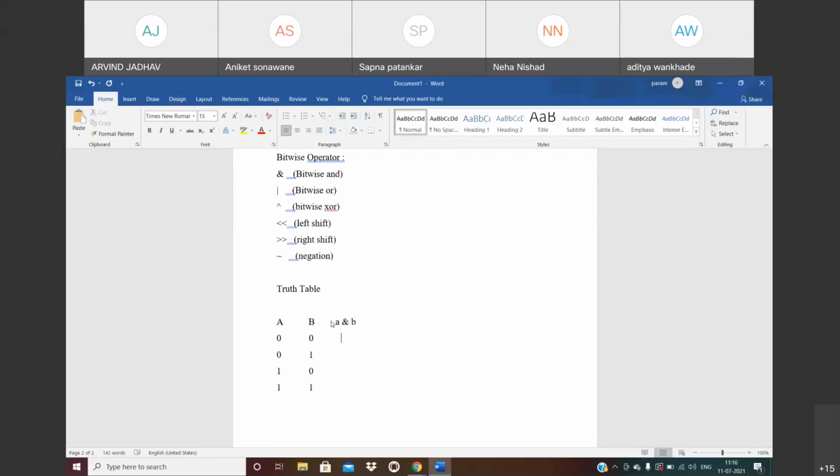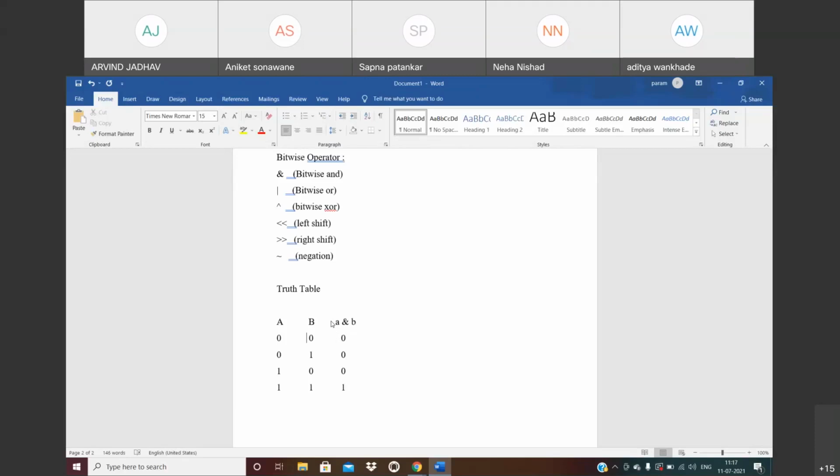So if the first input is 0, the second is also 0, then we get 0. Similarly, if one input is 0 and the second input is 1, again we get 0. Similarly, first input is 1, second input is 0, then we get 0. But if we get the first input as 1 and second input as 1, then we get 1. Similarly, assume that 0 is called false and 1 is called true.